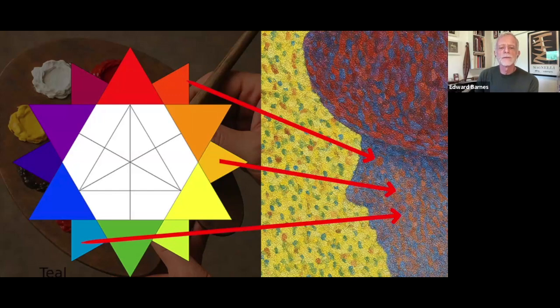So for instance, if you wanted to create the illusion of orange, you might use orange red next to orange yellow, and then the in-between illusion becomes orange itself. If you want, in this case, the color that is created in the shadow of this lady's hat on her flesh tone, he adds blue for the shadow, and in our eye, it mixes optically to make a sort of flesh tone in shadow color.